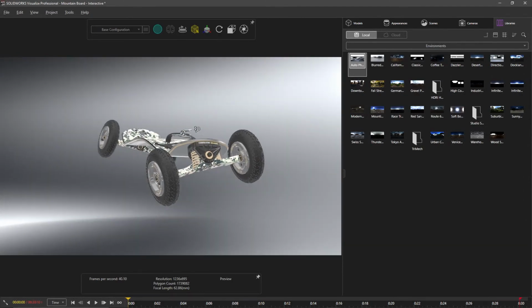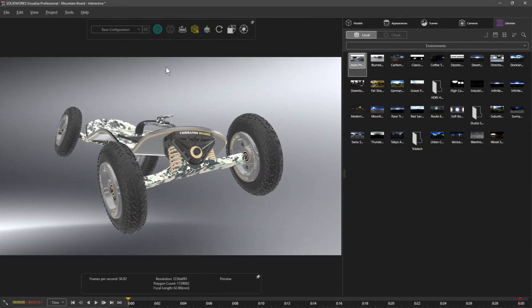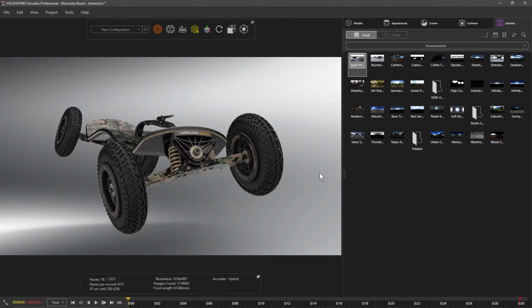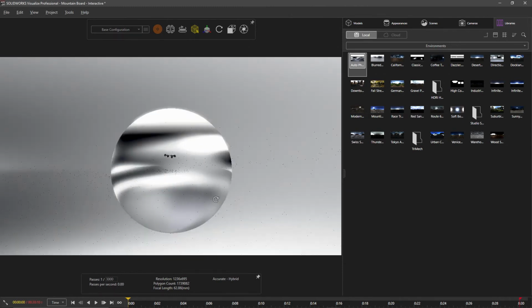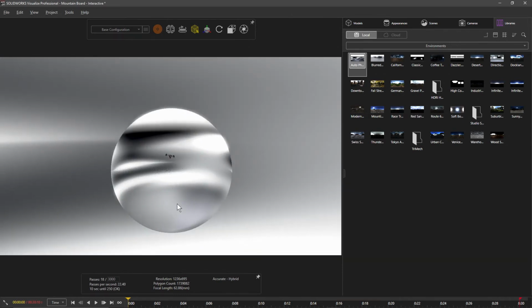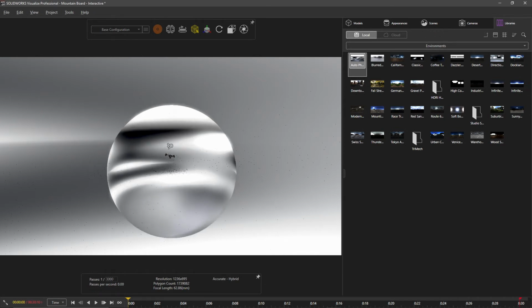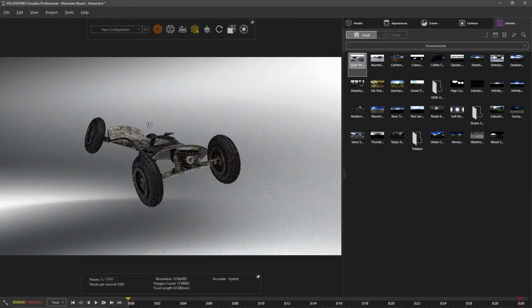Let that update. So when you've used Visualize, you may see it looking like this. So this is the stock HDRI environment. If we zoom out, this is an HDRI environment. It's just a sphere, and it's got just kind of a pattern of colors on it. It's got high contrast, which allows it to give you some nice shining and shadows and everything like that. And if I zoom in on it,